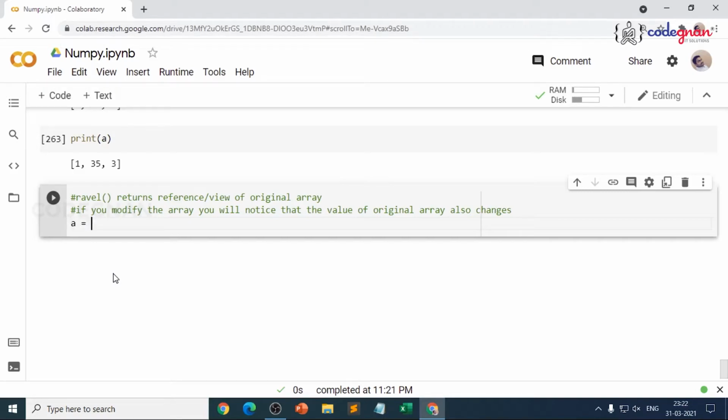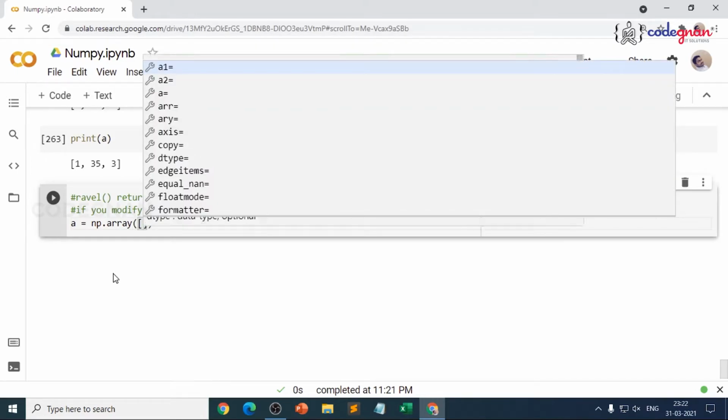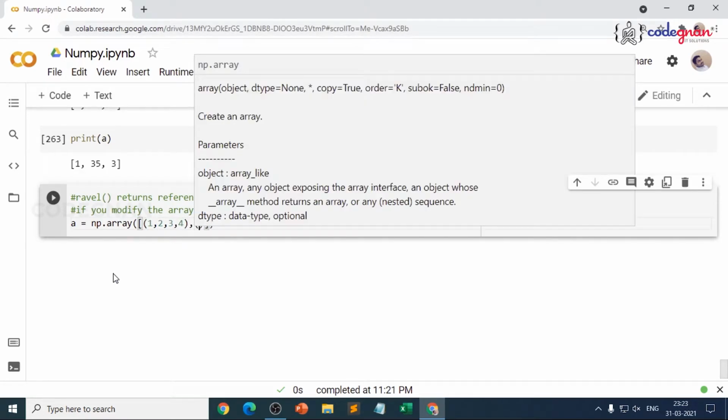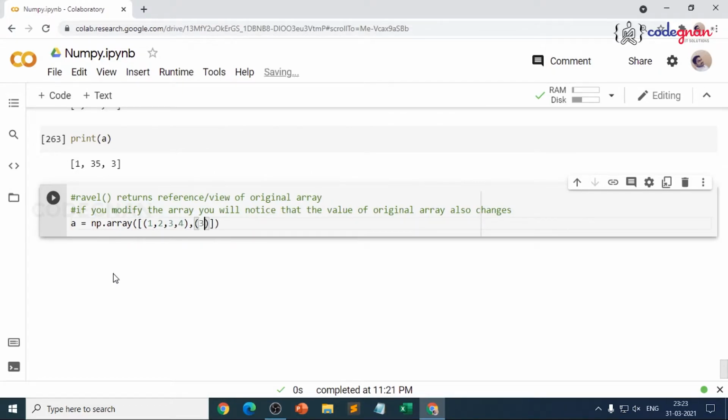So I'll give A is equal to np.array, let me throw in an array along with a shape, whether 4 by 3 or whatever it is. I'll just give 2 rows and 4 columns. I'll give 1, 2, 3, 4, and another row, 3, 1, 4, 2. Very good.